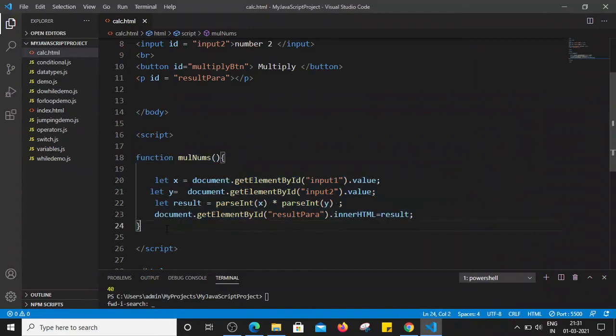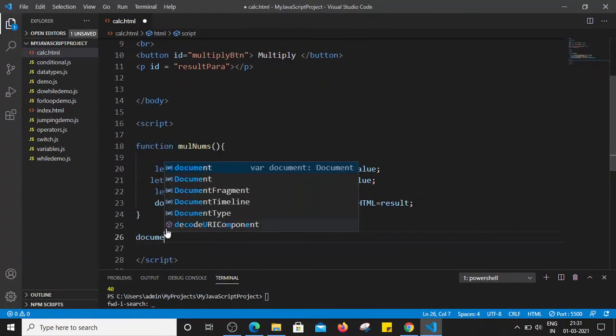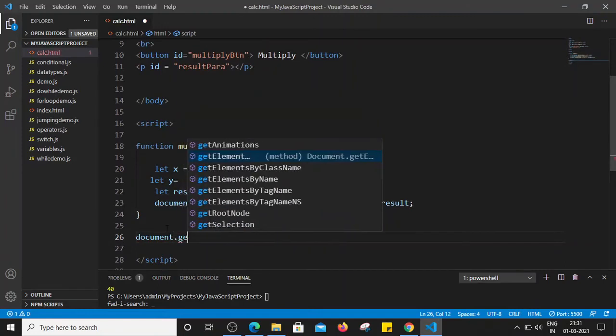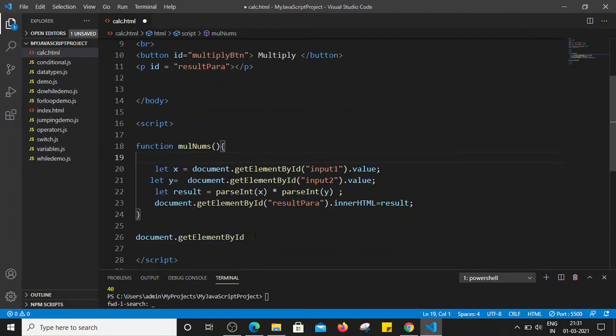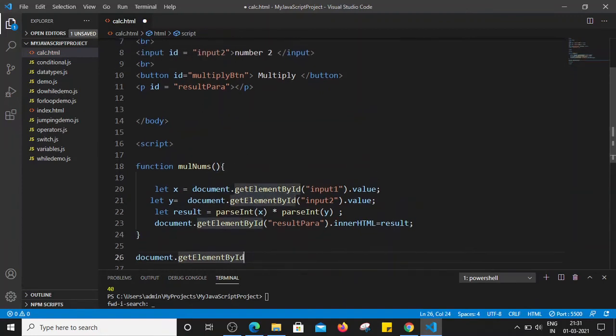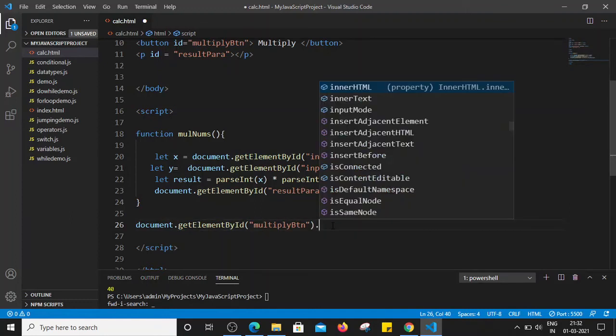So on clicking this multiply button, this should happen, right? So let's write, locate that button first, document dot getElementById. What is the identifier of that button? That is multiplyButton. So I'm just copy pasting this multiplyButton, right? And what is the event? It is the onclick event, right?